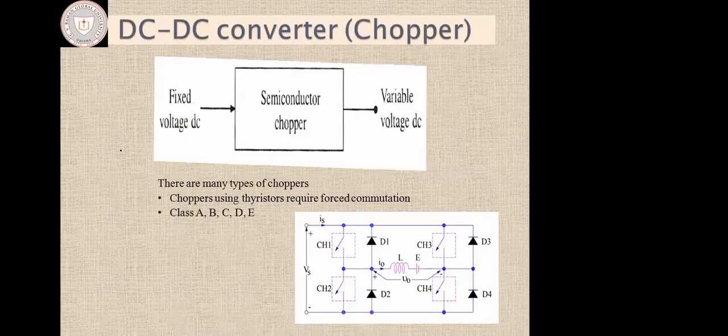Okay, so now the era of DC-DC converters, choppers. We have a fixed DC voltage and we need to have a variable DC voltage. Now don't ask me why, you tell me why we need this thing. Why variable, sir? It can be like 12 to 6 or 48 to 12. Why variable? Because we are dealing with